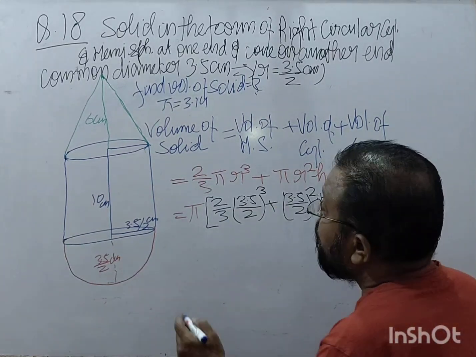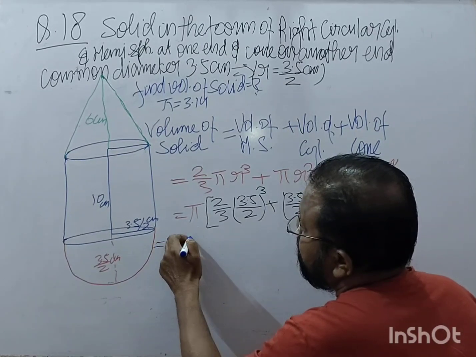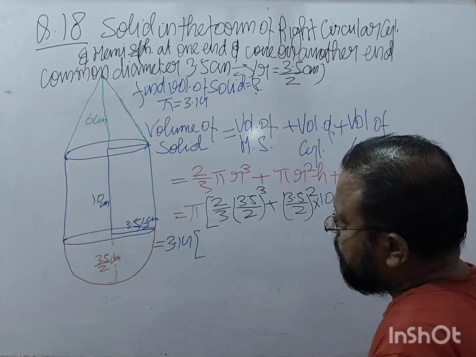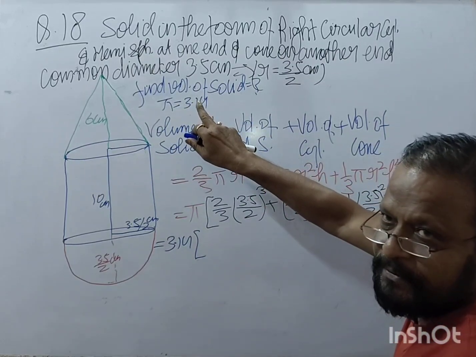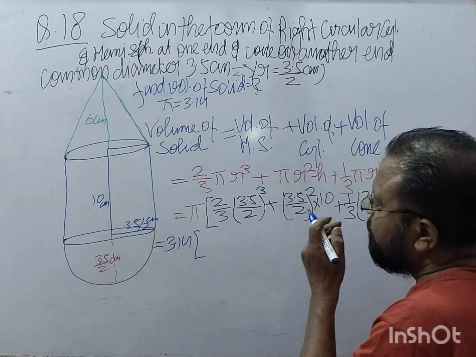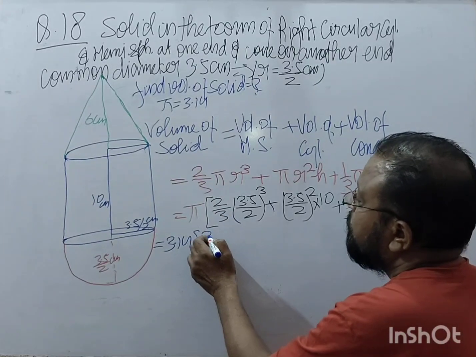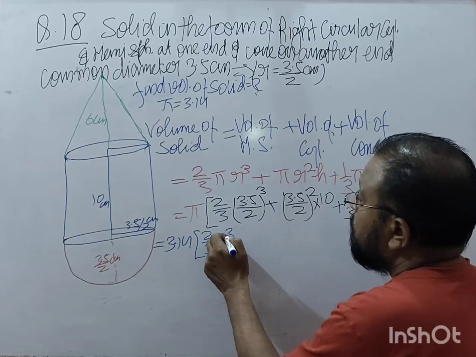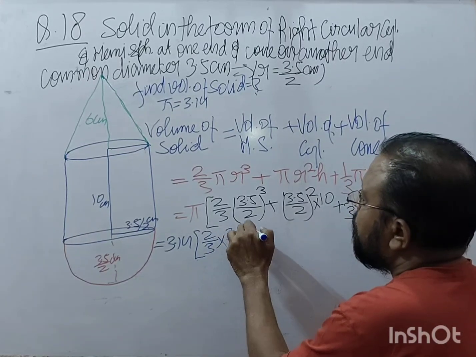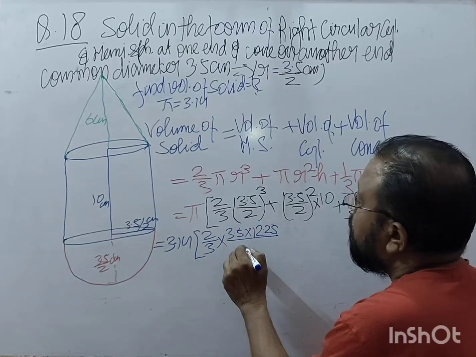We have to take 3.14. How long is that? You are sure this diameter is 3.5 centimeter? Yes. So 2 by 3 into 3.5 into 12.25 upon 8